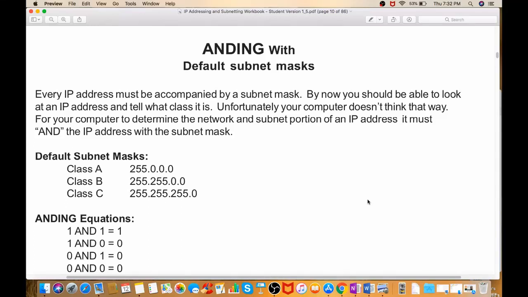This is going to be the most important lecture of this course, certification machines. ANDing is the meat of subnetting. Fear not, you are in good hands. Let's get to it. First, ANDing is just lining up every bit of the IP address to a corresponding bit